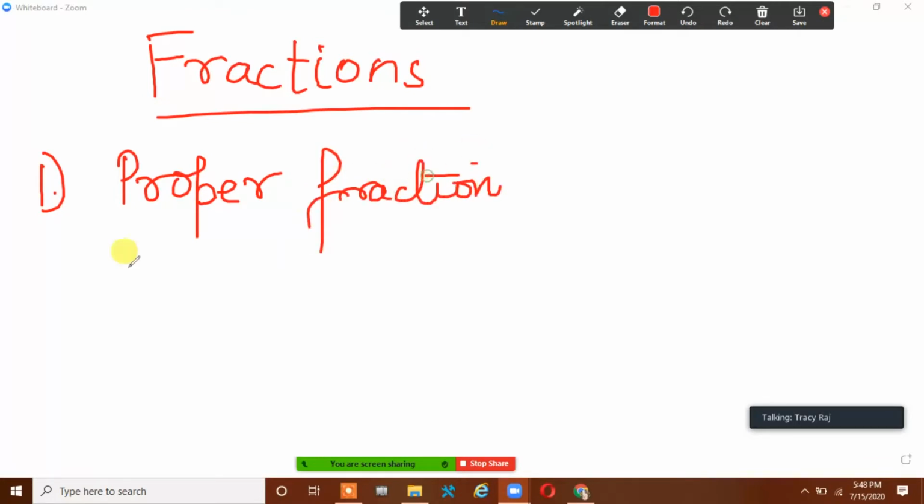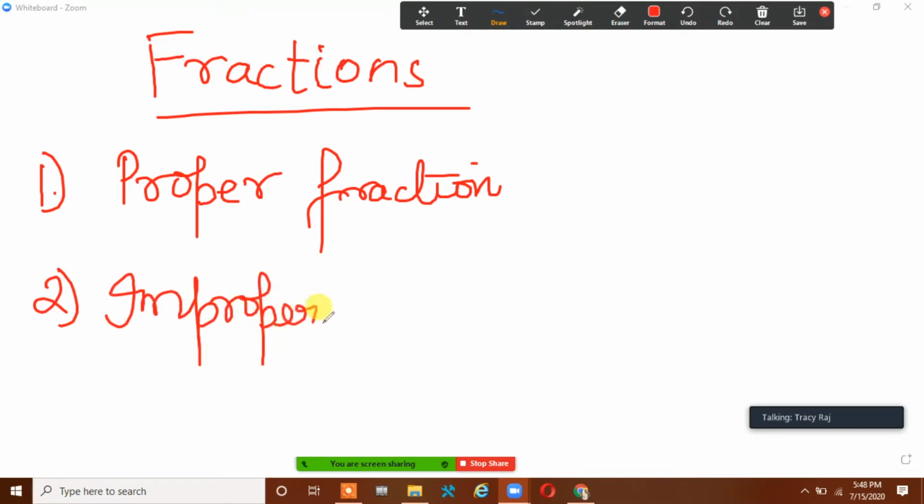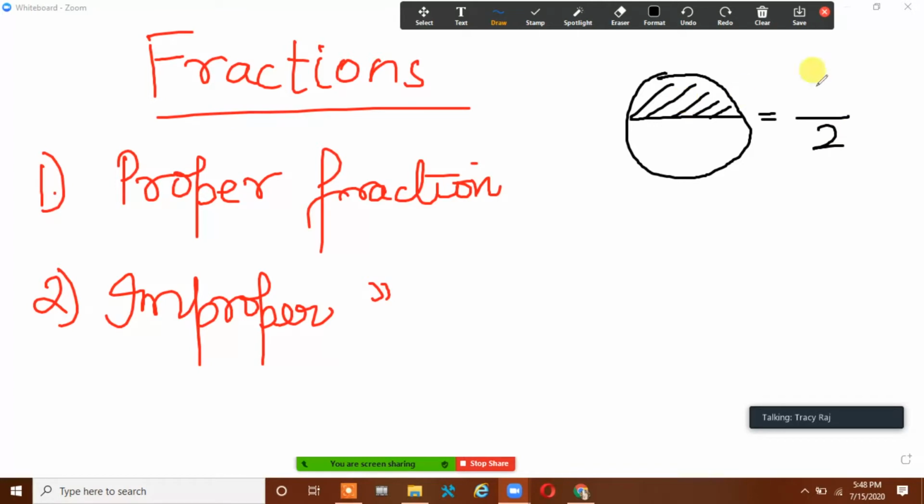Okay, first we will see this. So let me give you an idea of what is a fraction that we have read in class 3 and 4. Fraction means some part of the whole. So this is your whole, and if I take this part, the shaded part, how do we write it? This whole is 2 and the shaded part is 1. So this fraction is called 1 by 2. Out of the whole, how much is the shaded part, that is your fraction, correct? So this is called a fraction.